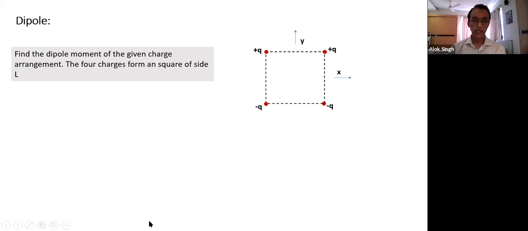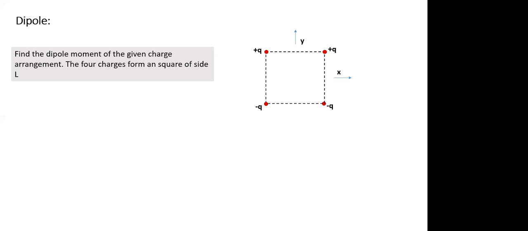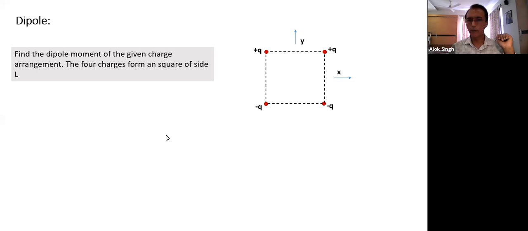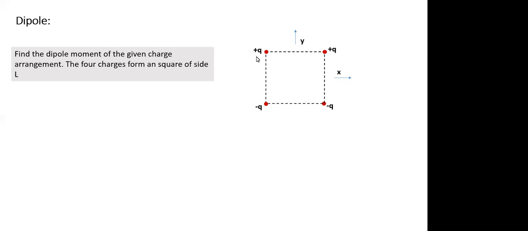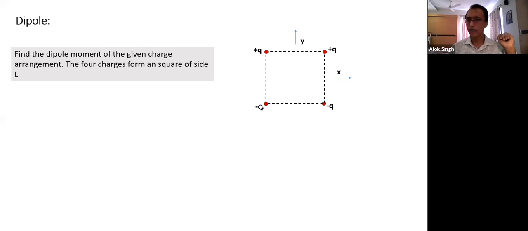Can you all find dipole moment for this arrangement? Easy? Yes. Some more people? Wake up, find dipole moment. Okay. And did you notice, there's not a unique way. Akash, is there a unique way to find a dipole moment or are there two possible ways? There are two possible ways: we can pair like this, or we can pair diagonal charges also.